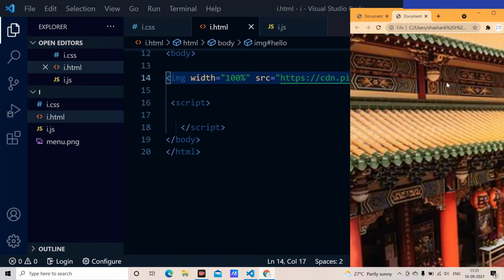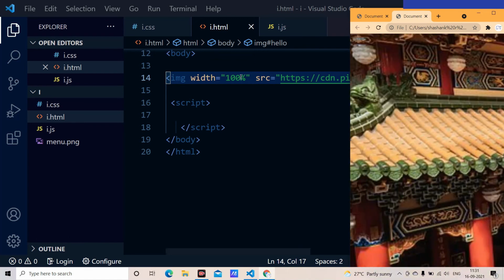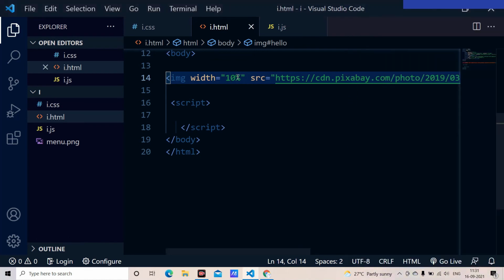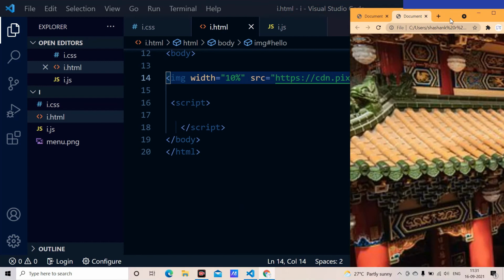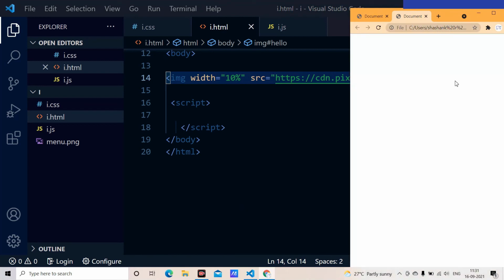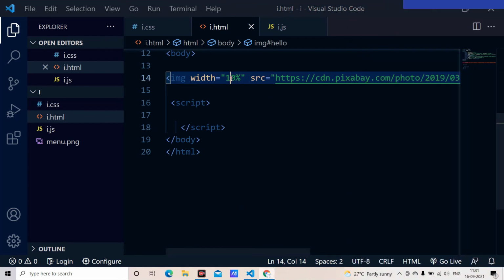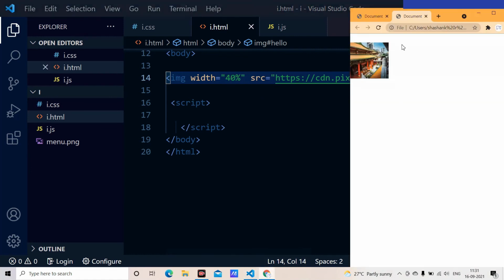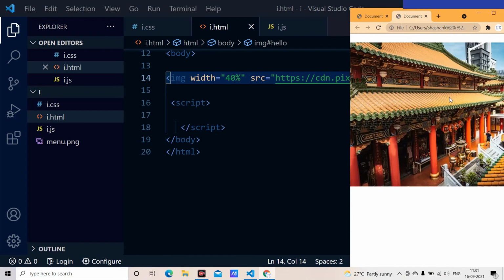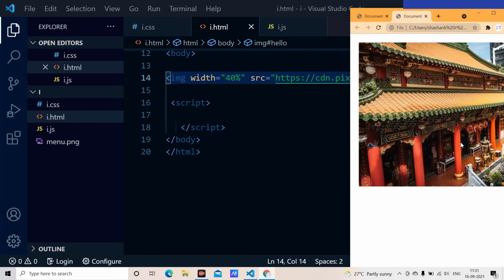As you can have a look at here, this is the whole image. And this is a Buddhist temple, and I am going to change this Buddhist temple to another image.